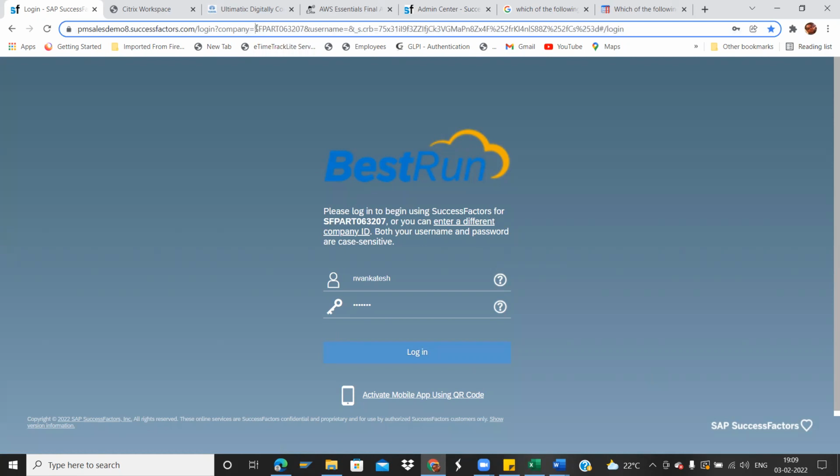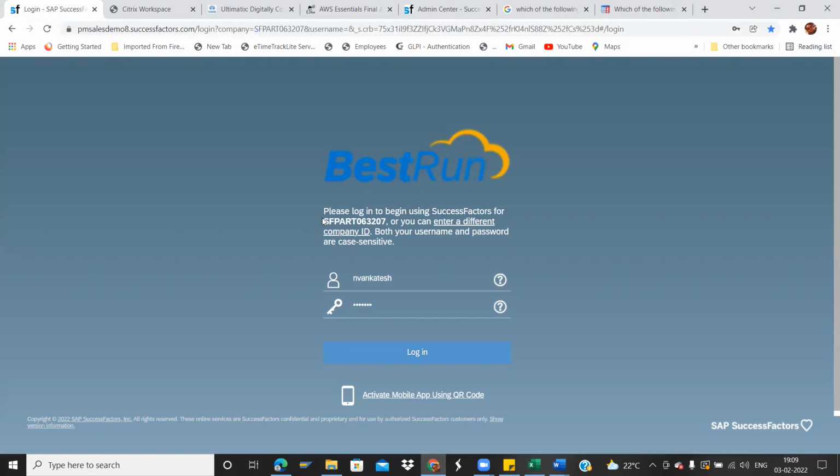So it will be like this. And here, if you see, this is the company ID basically. If you go to the link in real time, the company ID will be asked of you. You have to enter that company ID because our configuration is very sensitive. Other people should not be able to see it, as it is on cloud like Facebook. You can't see other people's data, right? So all those confidential configurations are stored in this company ID.